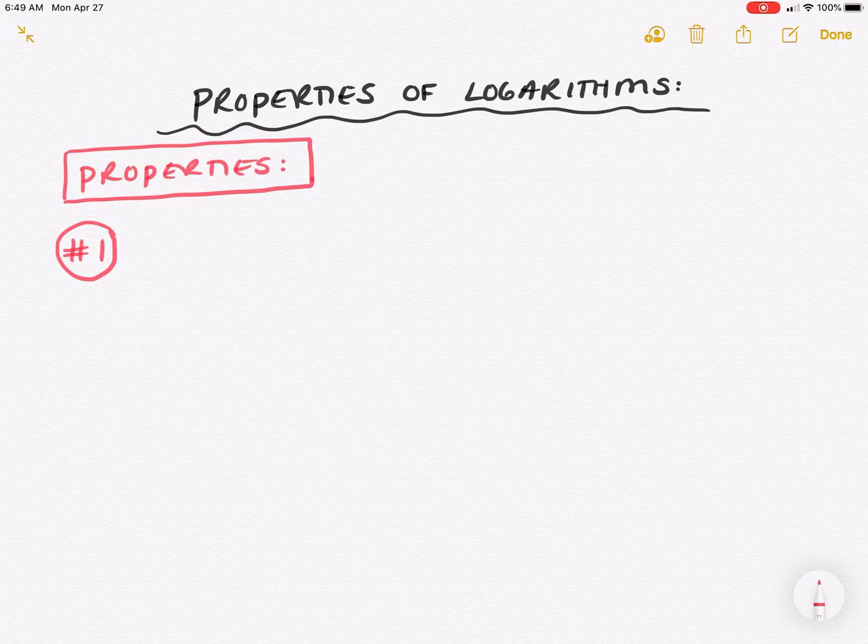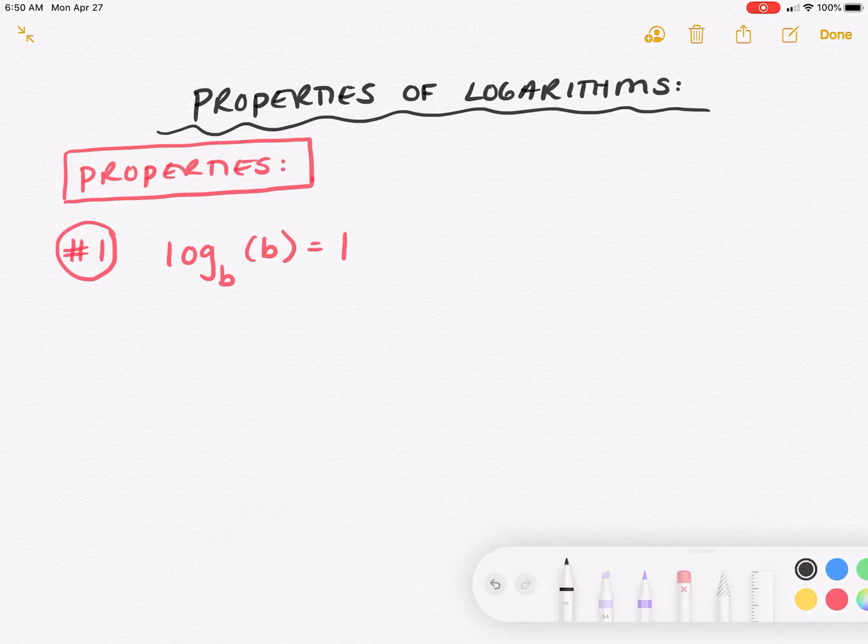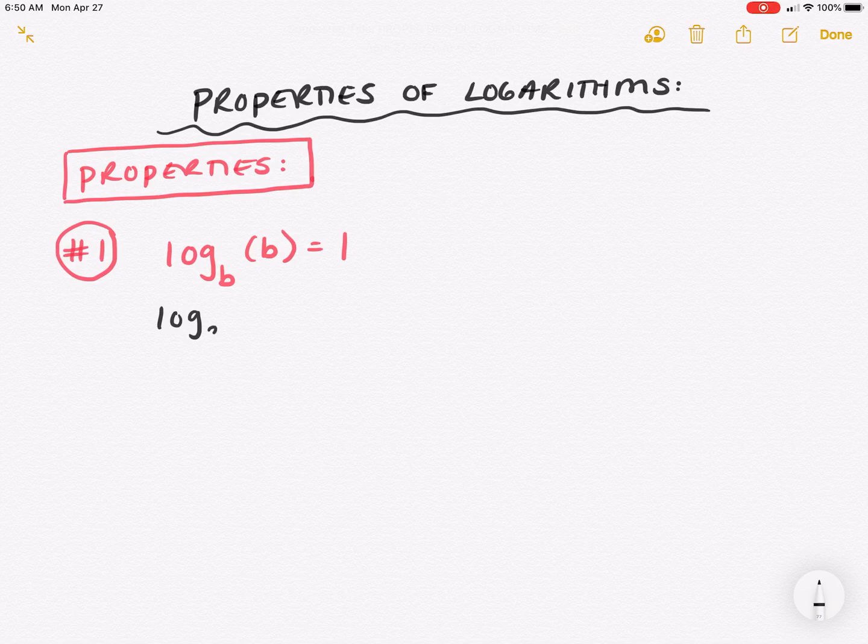All right, property number 1. This property says that when we take log with base b of the number b, that always equals 1. All right, so this is a pretty simple property. Let's say we're doing work and we have log base 3 of 3, or let's say we have log base 7 of 7. And what we can do with that is we can take out that logarithm and replace it with the value